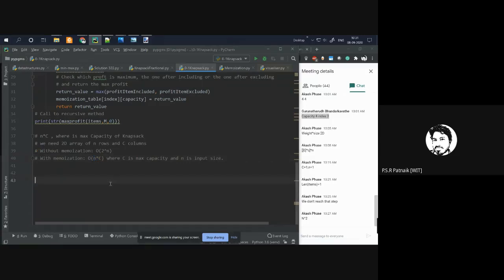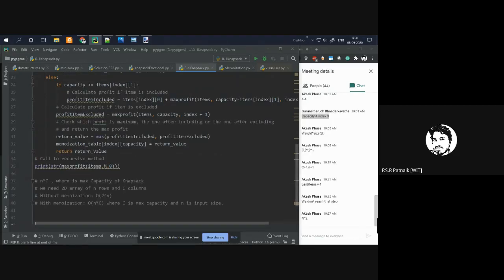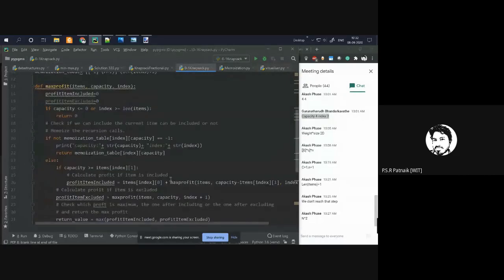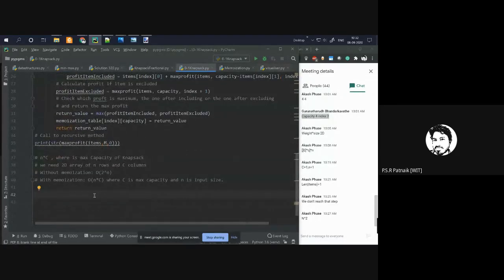Now I will upload this new version of the program. I'll also share the recursion trees, whatever I have done with FIBO and all that. Just go through that, and you can repeat it on your own. You can try to solve this on your own. Once we are done with the bottom-up approach, we will solve some hard category problems from HackerEarth, HackerRank or LeetCode, which are based on the knapsack approach, dynamic programming of knapsack. At that time you will understand how easy the problem is. As long as you do not understand the concept, it seems like a very difficult problem. But once you understand this, it's a fairly easy version of that problem.